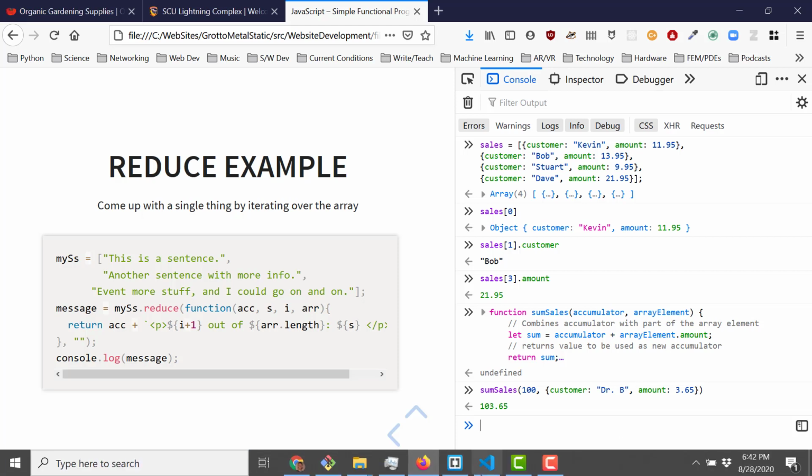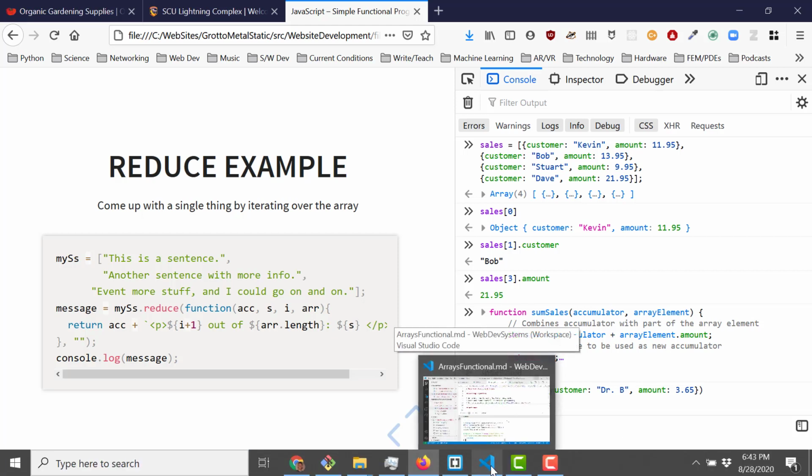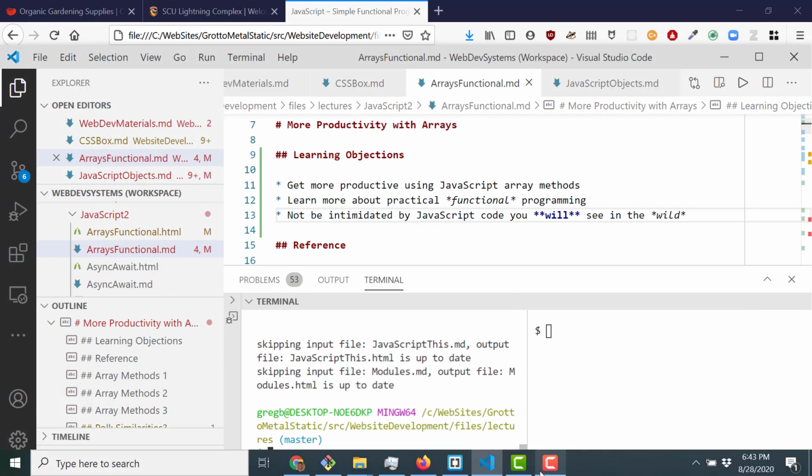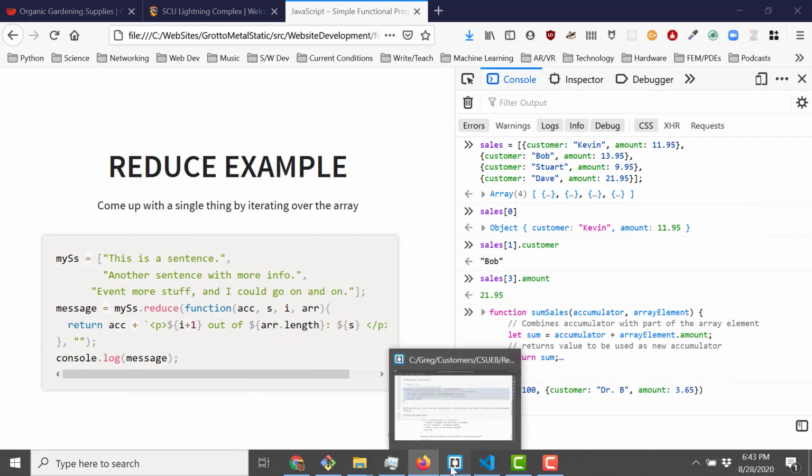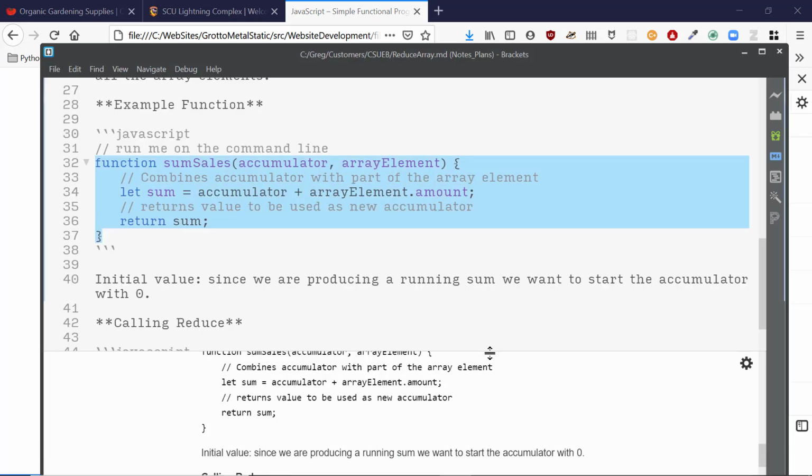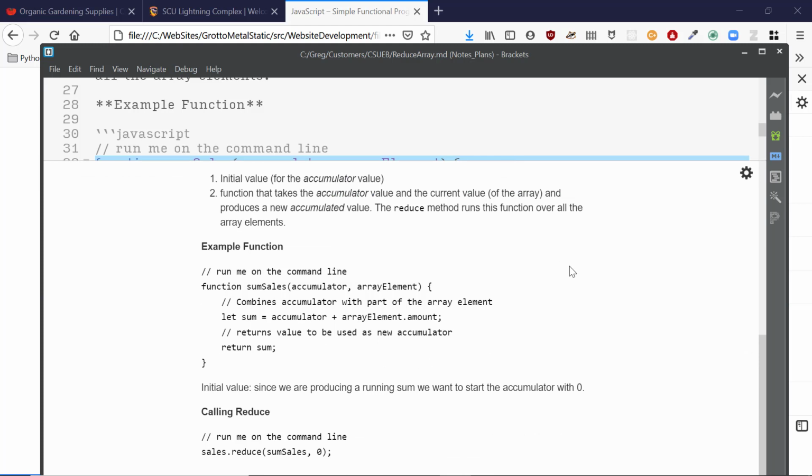Now what's the next step? We're going to run the reduce function. Let's take a look. Go back to the example, not that example, this example. We're going to run the reduce method. Now it looks a lot clearer when we write it this way: sales.reduce, sum sales, and